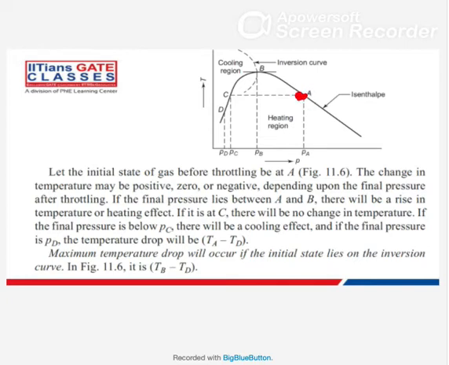Now when you start from A and you are expanding, you are increasing temperature, increasing, and then when you reach state point D, after so much expansion, you have reached the initial temperature only. And then after this, when you expand further, then only you will see the temperature drop. So this particular point is also clear to everyone.